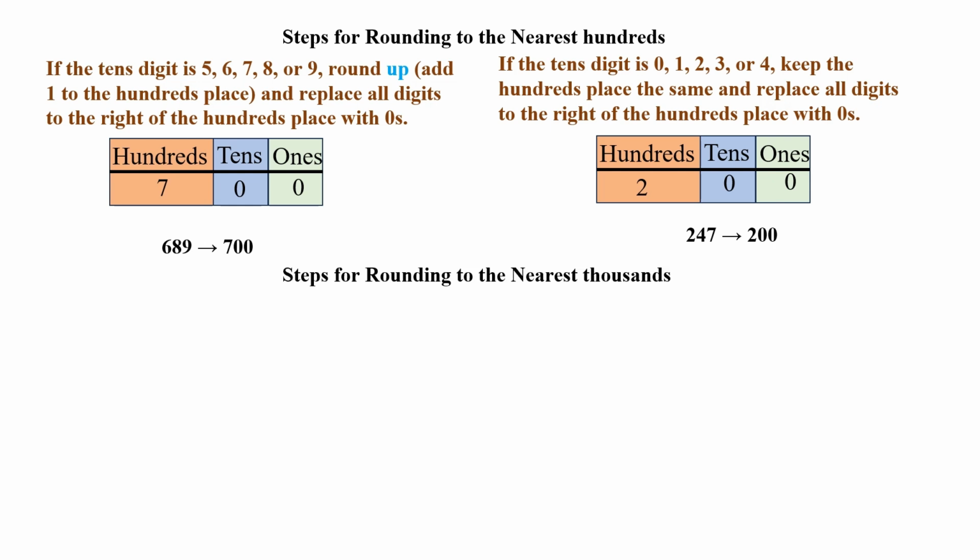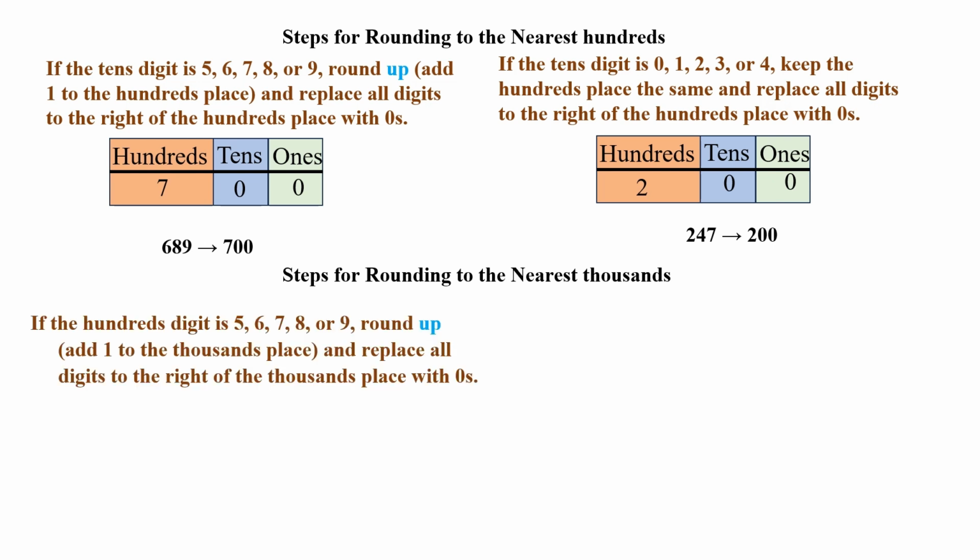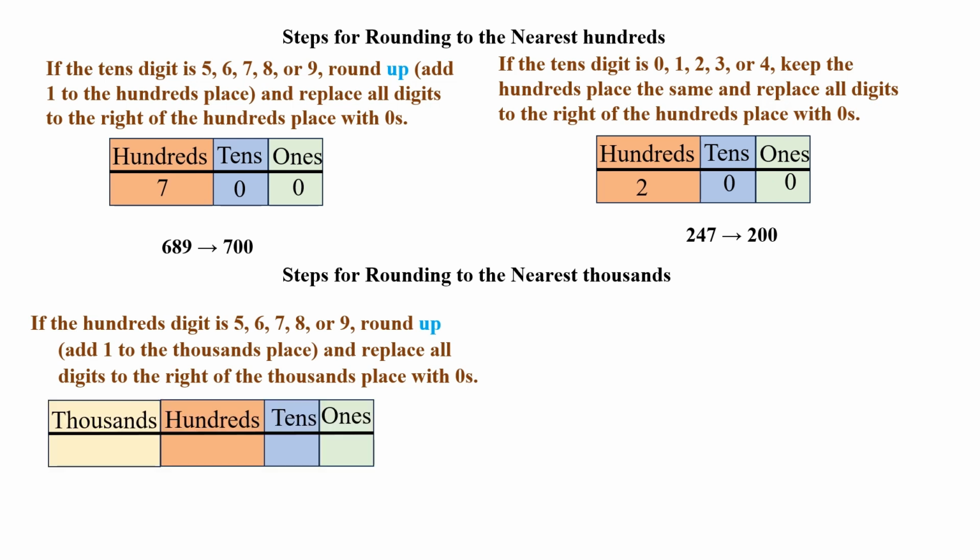In the case of thousands also, steps for rounding to the nearest thousands, the same rules we are using. Only thing is, in the place value chart, we will have thousands place also. If the digit in the hundreds place is 5, 6, 7, 8 or 9, round up. That is, add 1 to the thousands place and replace all the digits to the right of the thousands place with zeros. Take a place value chart with an example,